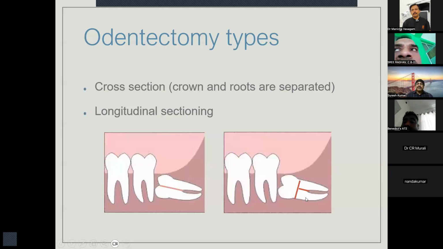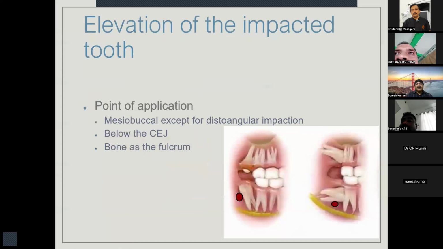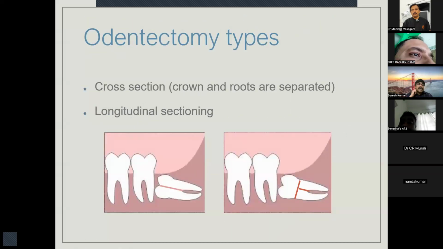So when to do a cross section, when to do a longitudinal section? It is always easier to do a longitudinal section because you imagine you are holding a straight handpiece from the anterior part of the mouth. You can only hold the burr in this direction very easily. If you want to cut in the cross section, you have to keep the handpiece vertically, where your mouth opening may not allow it, and the upper tooth may be hitting. So doing a cross section is actually very difficult, and doing a longitudinal section is relatively easy.